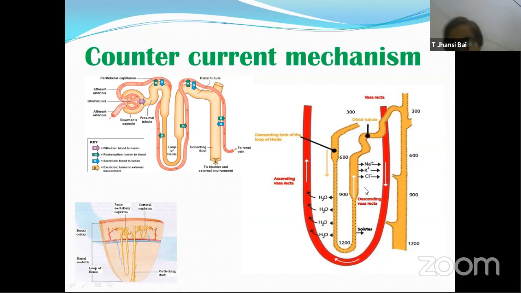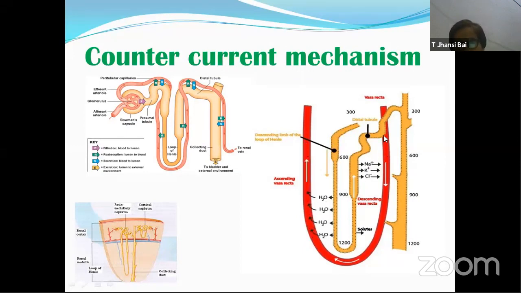Now in what way is this connected? Let's see this here. All the sodium which is coming out through this ascending limb, part of the sodium remains in this particular interstitium, and part of the sodium enters this blood over here. And slowly in this blood you find the presence of sodium. All the sodium moves upward from here in this way. Similarly, water which has come out also joins the blood present in this capillary and moves up.